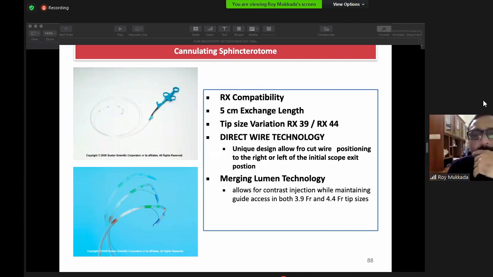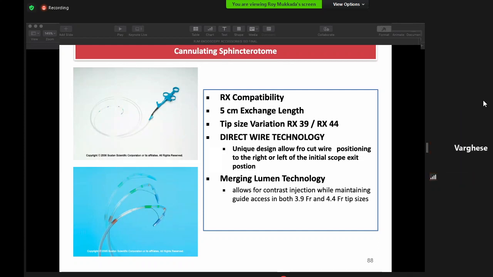When will you decide for a sphincteroplasty? Do you understand the question? When do you decide to do sphincteroplasty? Sir, in a patient where we are suspecting bleeding. No, you must be careful. Suppose after your sphincteroplasty, when you release the balloon, there is torrential bleeding. What will you do?